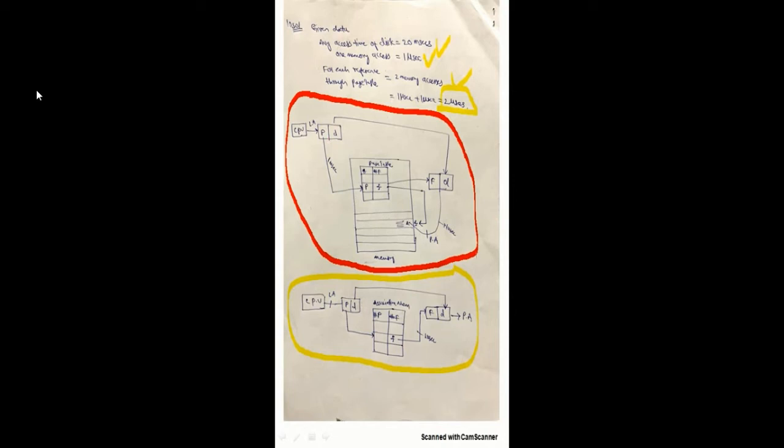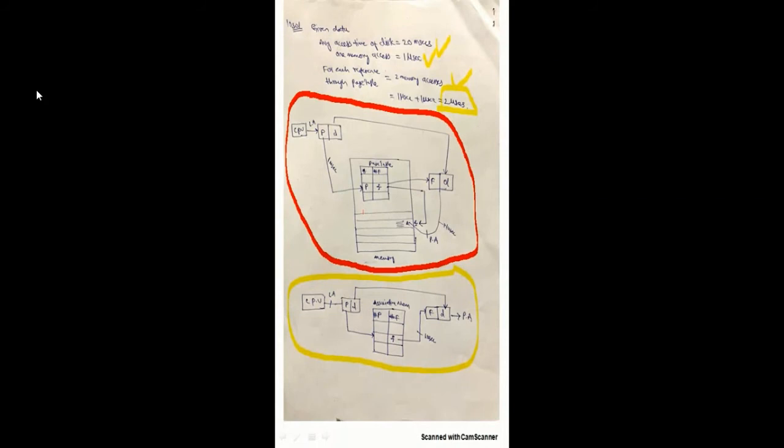Okay, so now we have three cases here. Case A: the CPU wants a page and the page is present in associative memory. This is called a TLB hit. Case B: what if the page is not there in associative memory? This is called a TLB miss. In case of a TLB miss, you will check whether this page is present in main memory or not. If it is there in main memory, we call it a page hit. If it is not, then it is called a page fault. So you have these three scenarios.